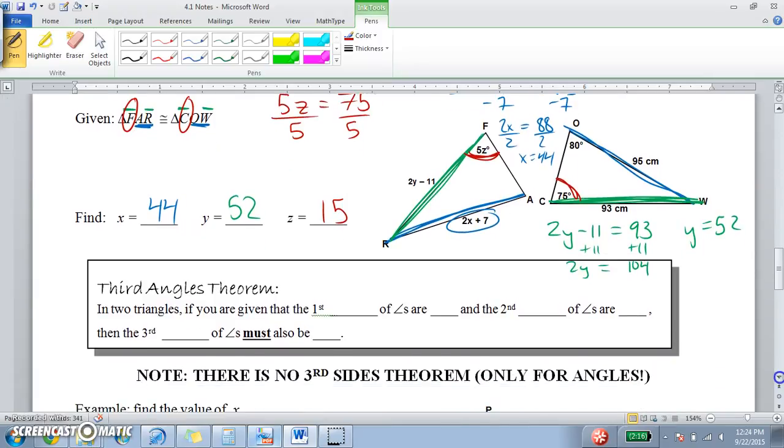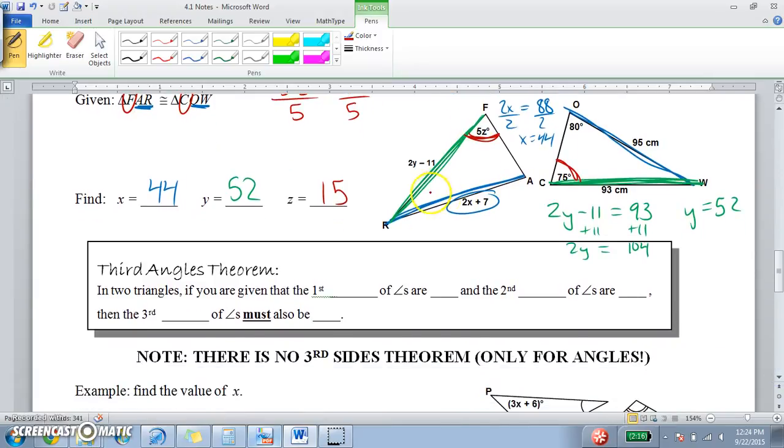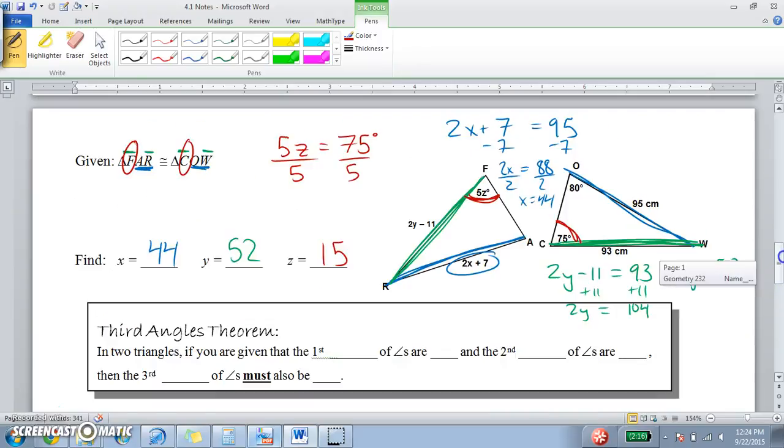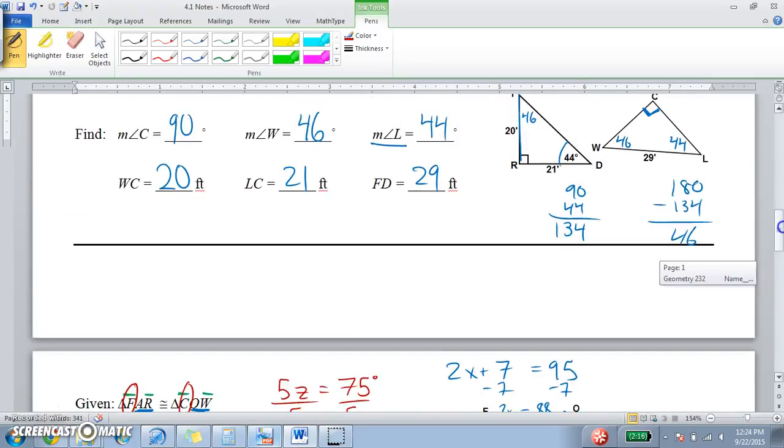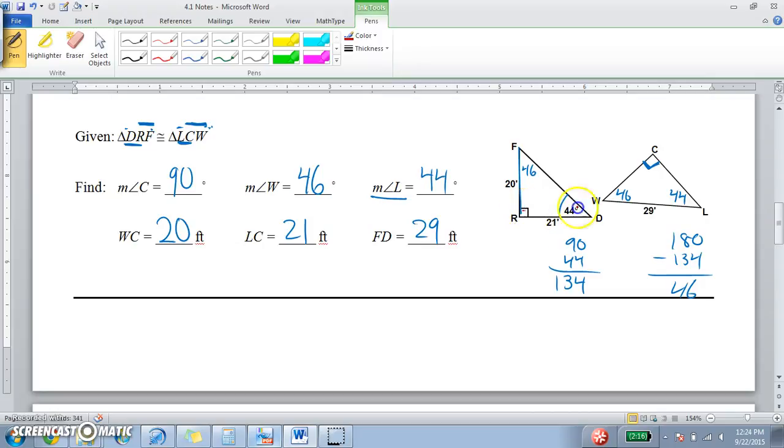The third angles theorem. So in a triangle, we had a problem a couple problems ago, this problem right up here, where we had two of the angles over here. So we had a 90 and a 44 in each triangle. We solved for the third angle by subtracting the sum of these two angles that we already had. So we added those together, got 134, subtracted from 180 to get 46. So this angle is 46. If I did the same thing over here, add these together, subtract, I would get the exact same thing for